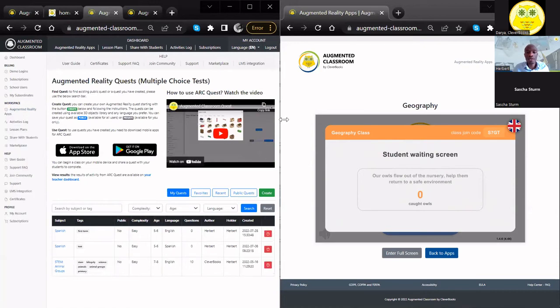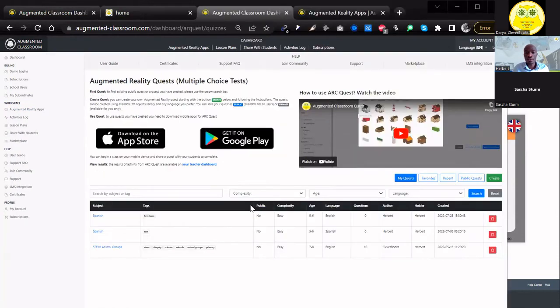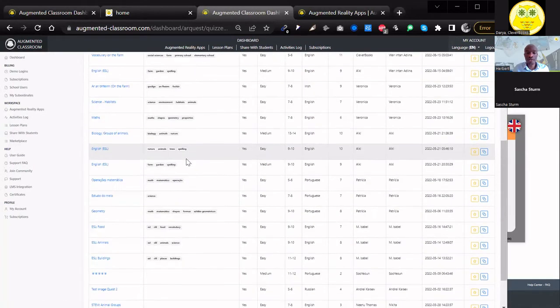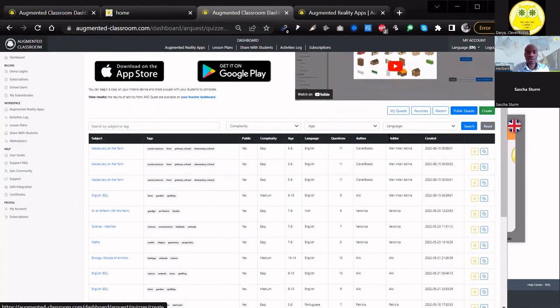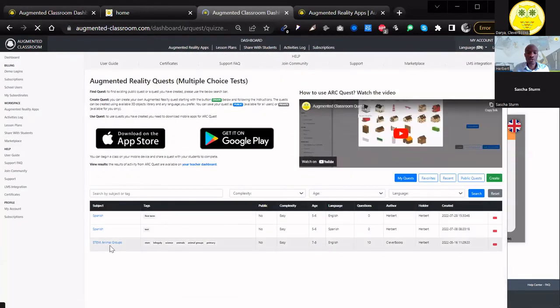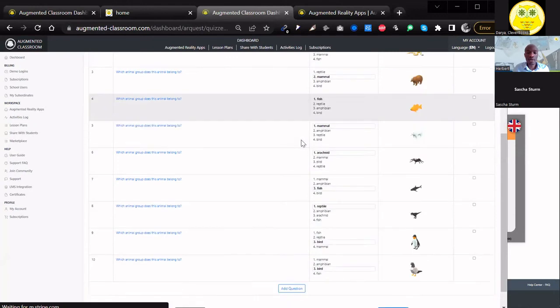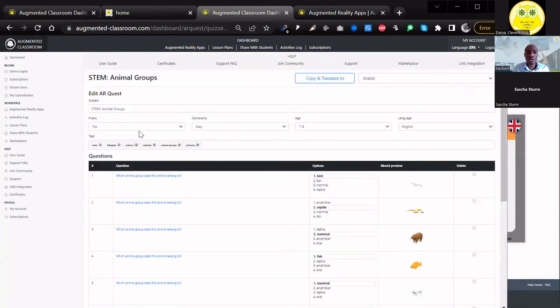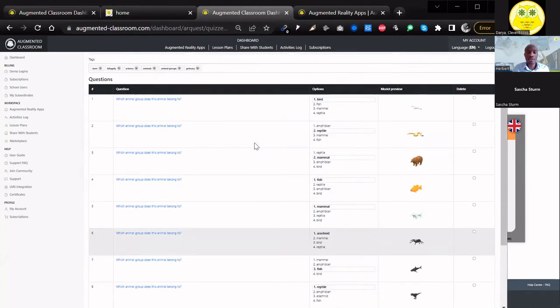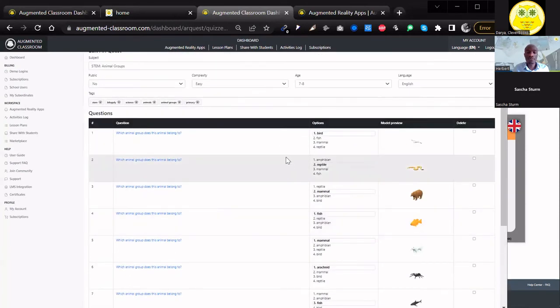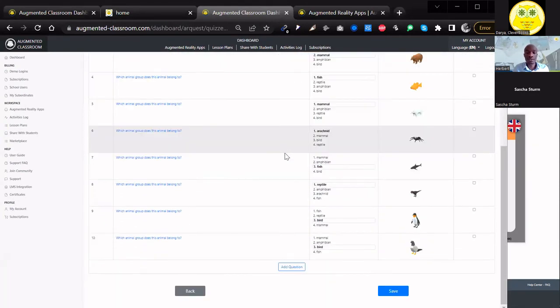And then there's already, I'm going to just make this screen a little bit bigger, there's already a public library here for all these quizzes that you can choose from, maybe in different languages, or you can create a new one by just clicking create. I have some that I've been using, and to create one or to edit one, you just click it, and it will allow you to add a question, or you can change who can see it, how easy, what age group, what language it is in. So you can choose any language, and what is the topic, right? Then you can easily create tabs for making it easy for you to find it later, right?